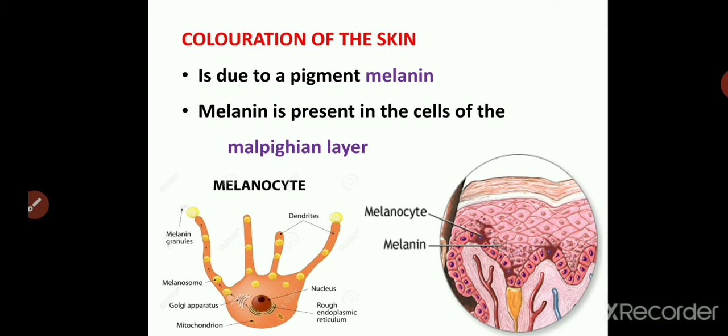So when the skin is exposed to sunlight for a longer duration, it results in tanning. Tanning means the skin starts becoming darker. But this tanning can be removed when the person reduces the exposure to sunlight. So it comes back to normal. Hence, the amount of melanin in the skin is directly proportional to the exposure to light. So more melanin is found in the skin where the sun rays are more intense, that is, the tropical regions, and it is less in the colder regions.